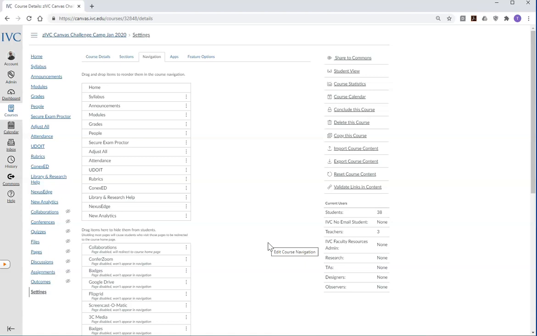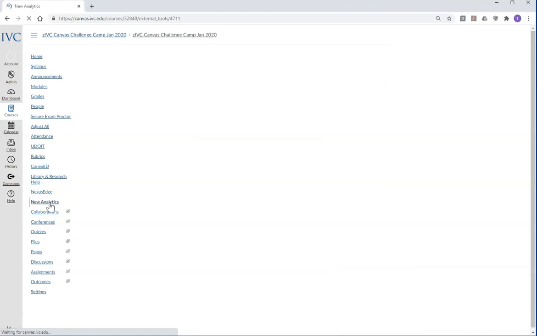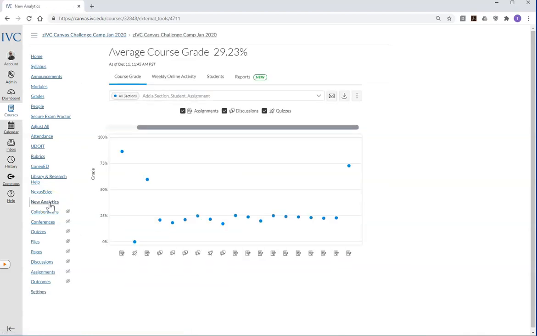Now, all the analytics in New Analytics are calculated the night before. So if this is Friday, then it will be Thursday night's data that will show up. So you simply click on New Analytics and it will show up with several different pieces